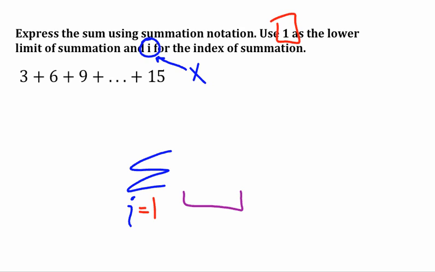And then the only thing you really have to do is figure out what kind of algebraic expression goes there, and you have to figure out